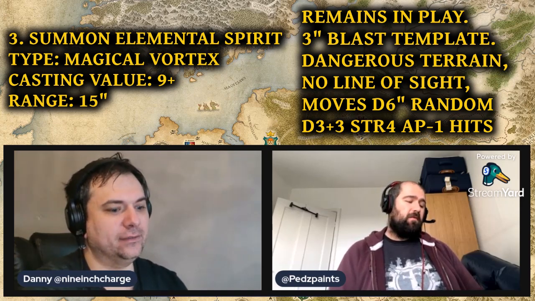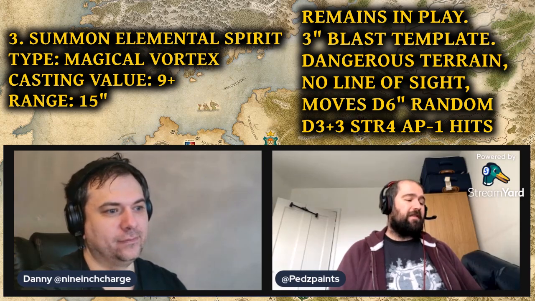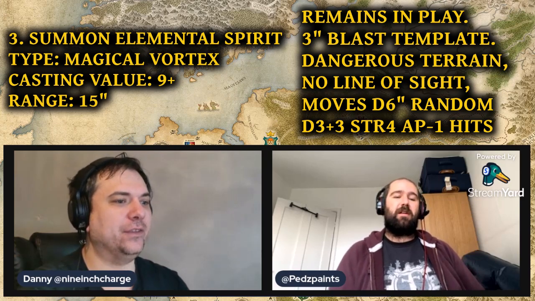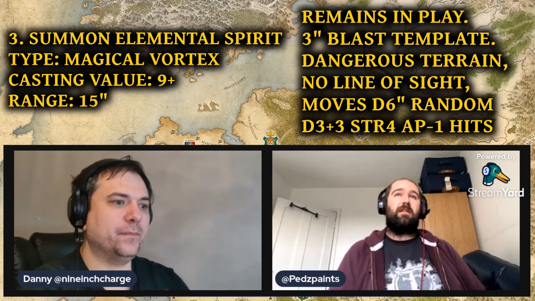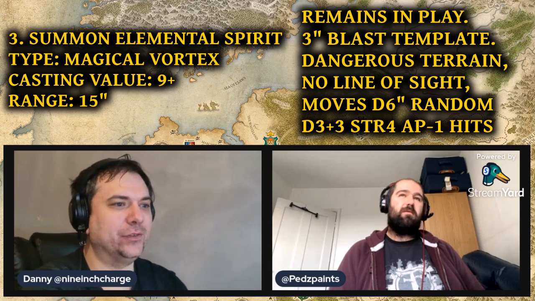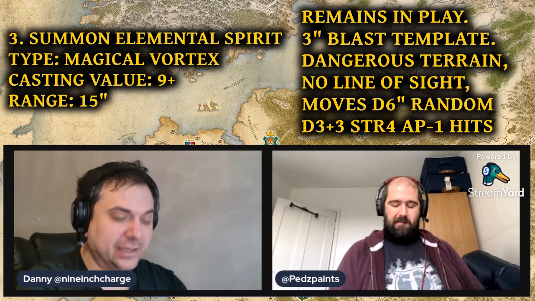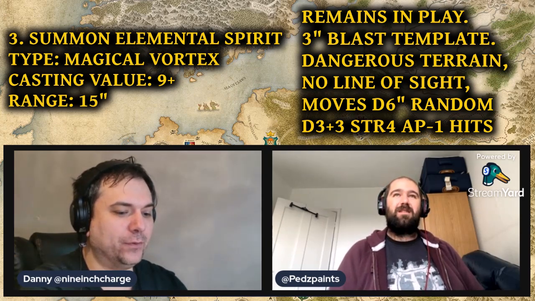It depends on where the line of sight is declared from on the lance. If it's the first model, you could completely block it. No, it's the next rank back, so it's from the second. So I think you probably still could. Yeah, I reckon you could. They're not 3 inches apart, are they? So yeah, that's a good spell, I would say, for trying to stop people from charging you,